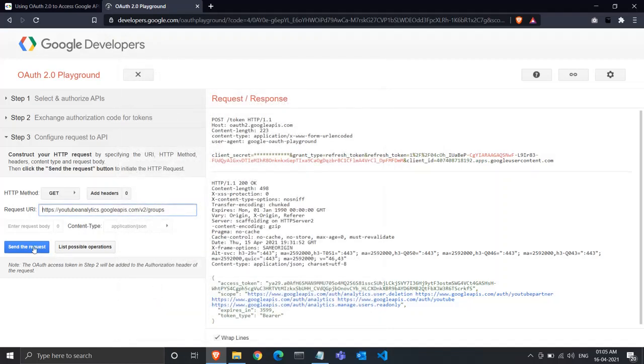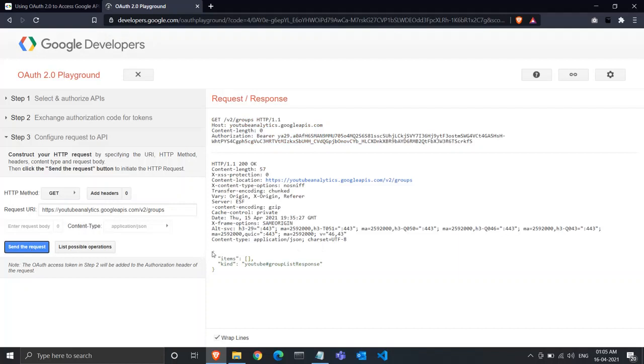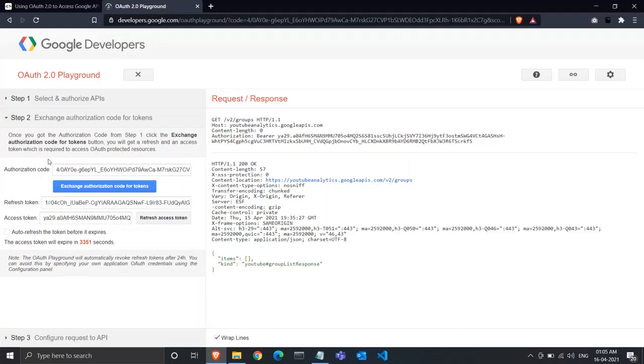I'll send the request to this endpoint and let's see what the results are. Since I don't have any YouTube account, I won't be getting any results. If you have any kind of data in your Google Analytics or YouTube Analytics platform, you'll definitely get some kind of data depending upon which endpoint you send your request to. So in the background, what's happening is we are exchanging our access token with the API endpoint to fetch our data from Google Analytics or YouTube Analytics or whatever the API endpoint you're sending your request to. So you send this limited time access token.